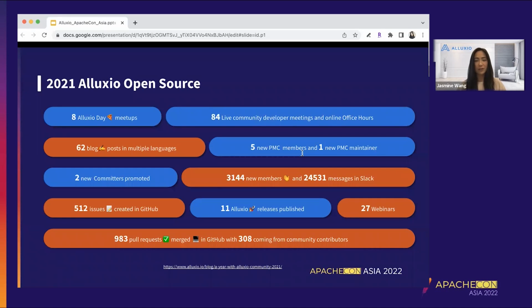Of course, we've generated quite a few technical content and blogs posted in multiple languages. And as an effort, we've also shown our appreciation and promoted those who have made significant contributions to our open source community. We've promoted 5 new PMC members and 1 new PMC maintainer. We've also created a new level of contributors called committers, and there were 2 people that were promoted